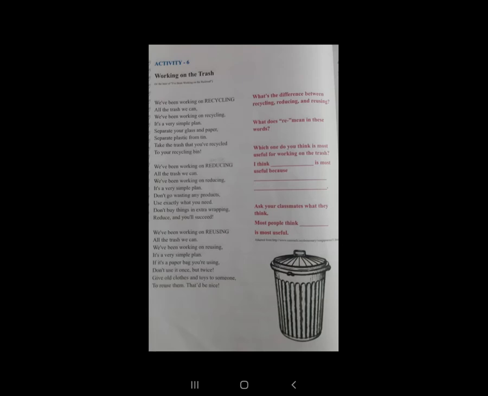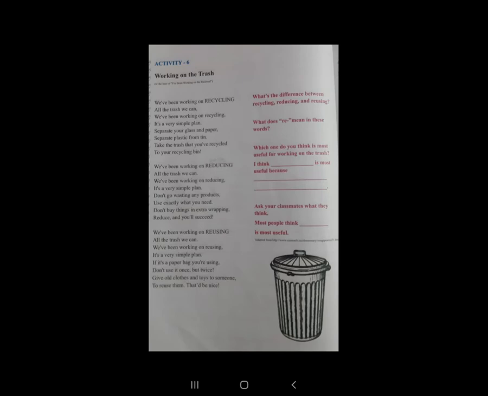Separate plastics from tin. Take the dress that you have recycled to your recycling bin. Then the next para, we have been working on reducing. The second para explains about reducing. First is recycling and second is reducing.